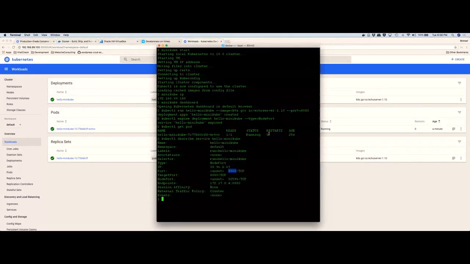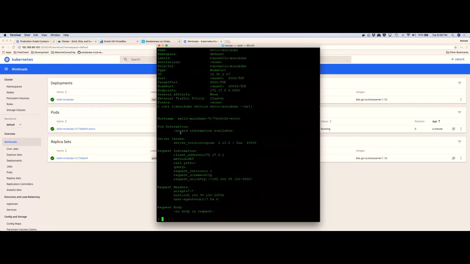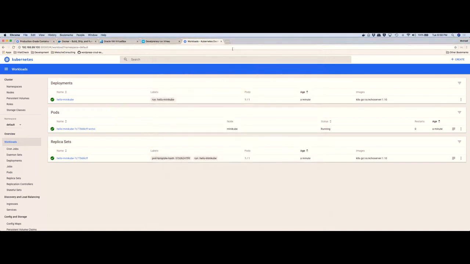Now, let's test our instance. For this one, since it's an echo, we'll do a curl with minikube service hello-minikube --url to execute our service. And there it is. The pod has no pod information available. Server, there's our server information. It's a GET. If I actually wanted to test this from our browser, I would copy that